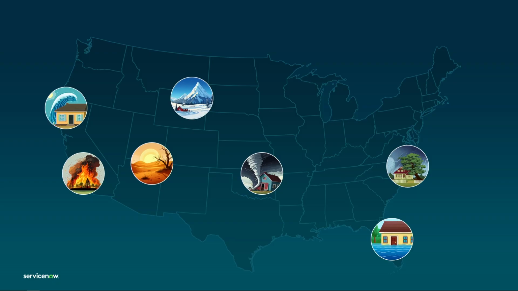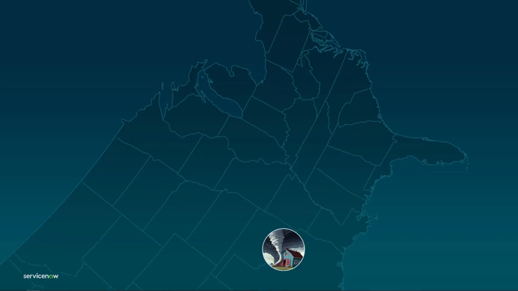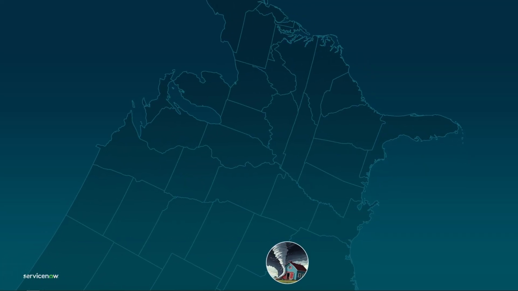When we look at emergencies, we look at natural disasters. They can happen anywhere, right? We can't predict that. We don't know where it's going to happen. And when one happens, let's take, hey, there's a tornado in the south. We need to be able to respond to that. As the government or as a state agency, they need to be able to respond to that emergency, get the right resources in place. There's a lot of data that they need to be able to make the right decisions to have that response be effective and to help the people who are involved, right?